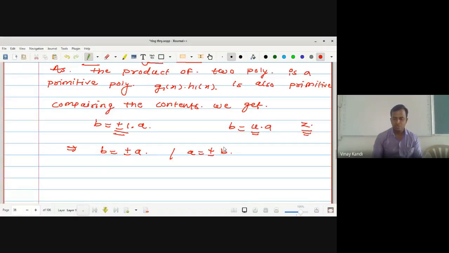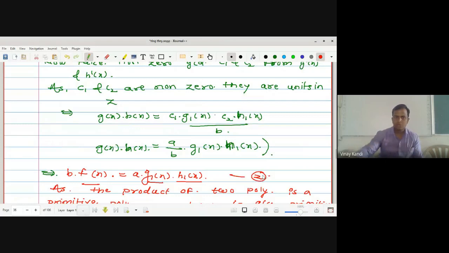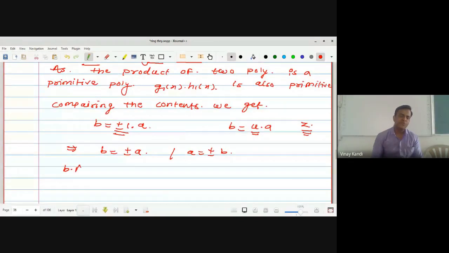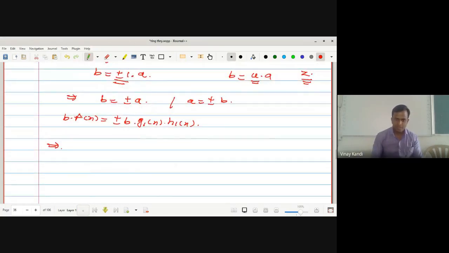So hence by putting the value of b, a is equal to plus or minus b in this equation, equation number 2, suppose this is. Now putting the value of a is equal to plus minus b, what we get here is b into f of x is equal to plus minus b into g1 of x into h1 of x. By cancelling the b by left cancellation rule, implies f of x is equal to g1 of x into h1 of x,